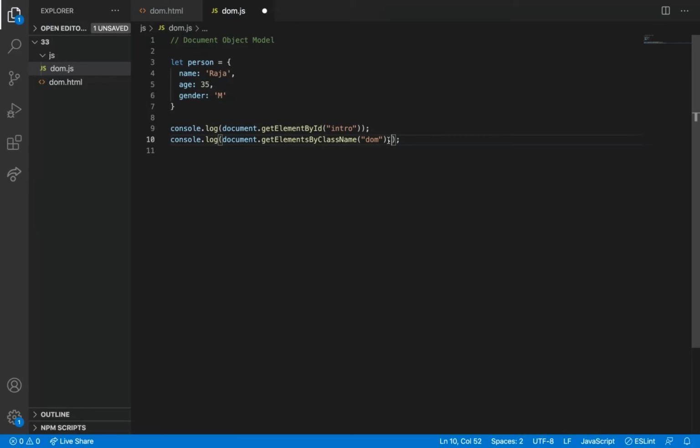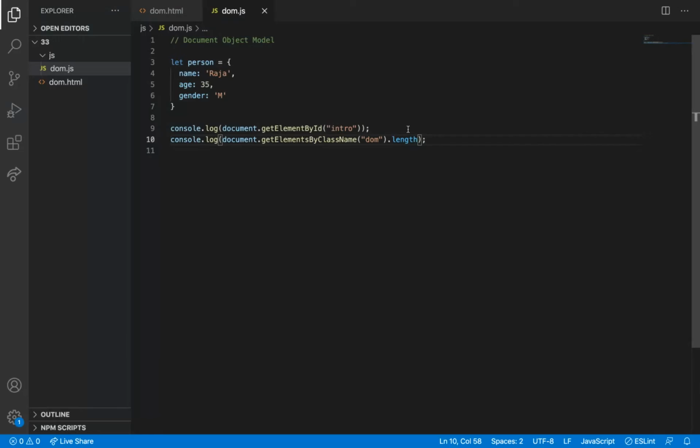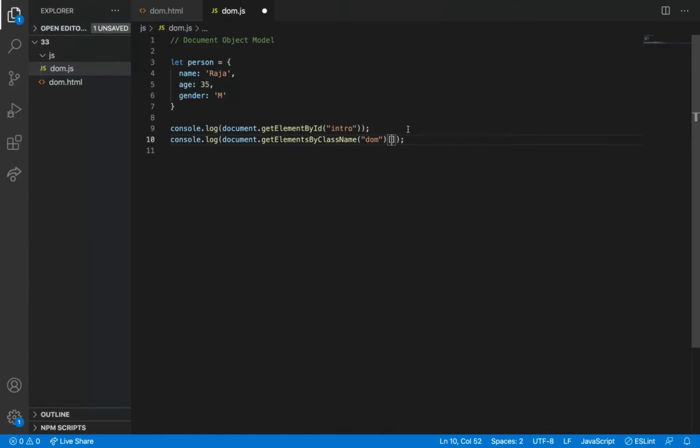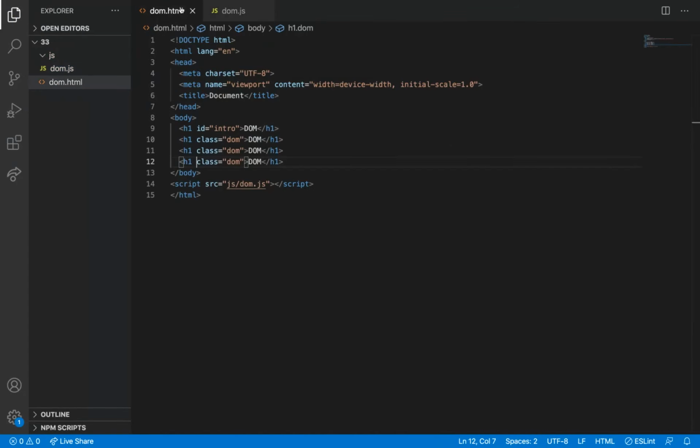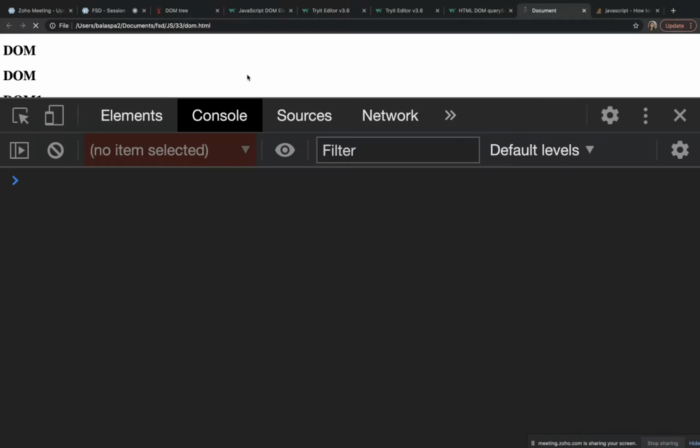I can also check the length of it. So if I check the length of it, what will it say? It will say 3. So first element I can access. So first DOM1, DOM2, but class name is same, but content inside it may be different, right?